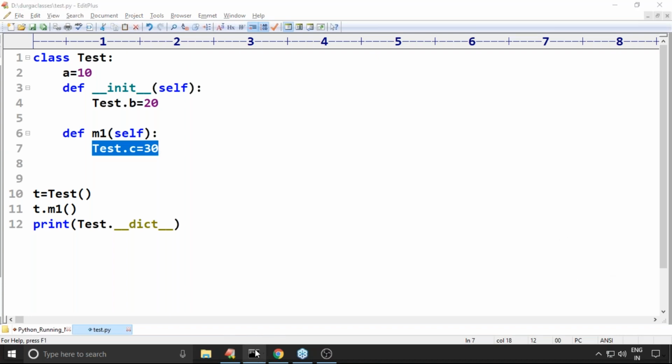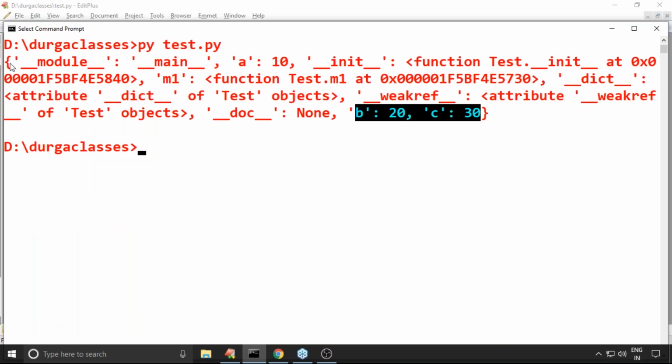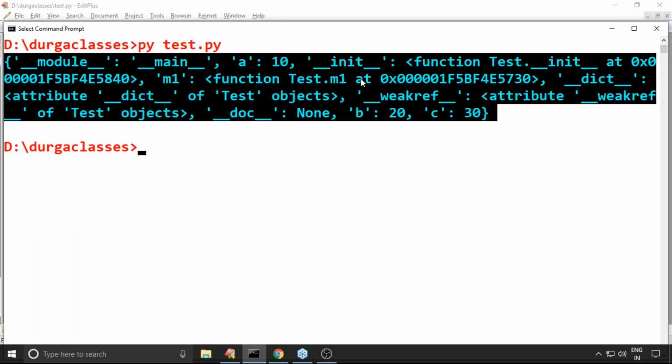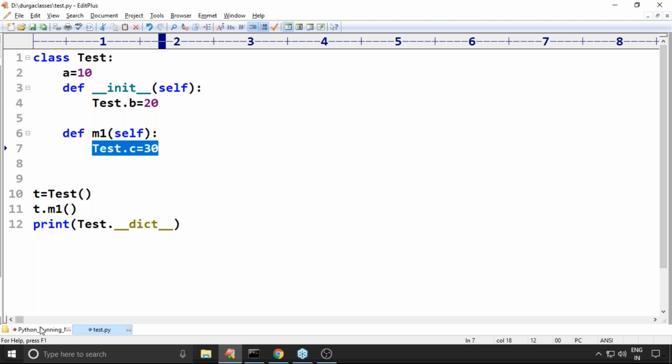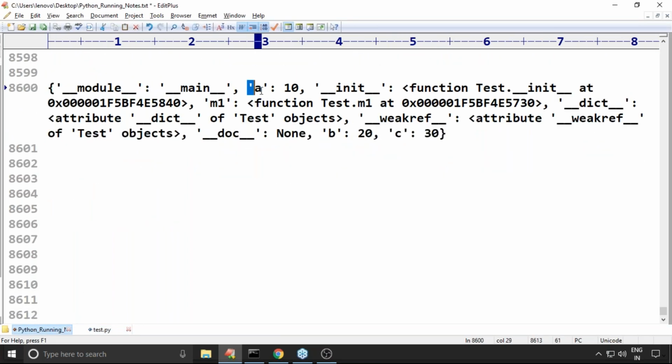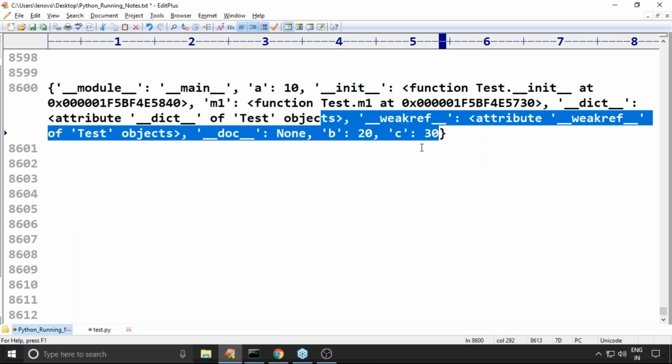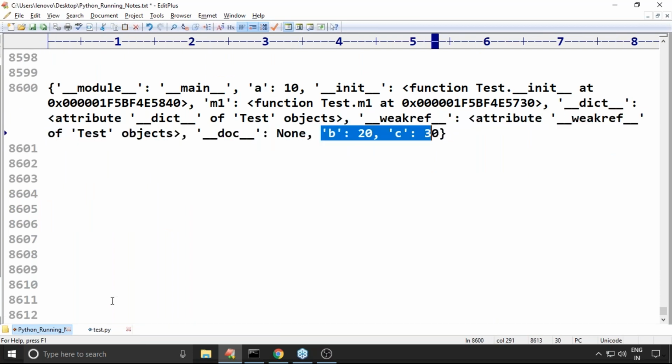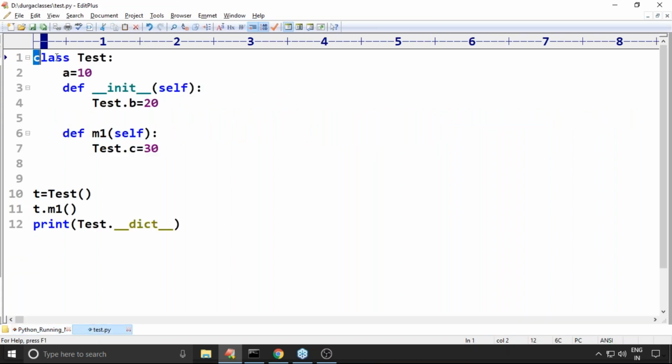Narendra is asking a small question. He says, sir, a is at the beginning, but b and c are at the end. Here take a bit of special care.